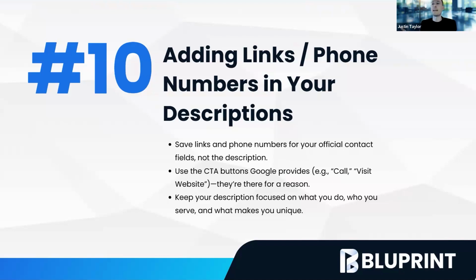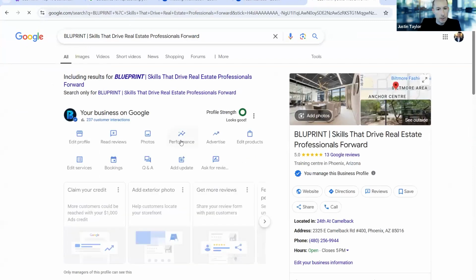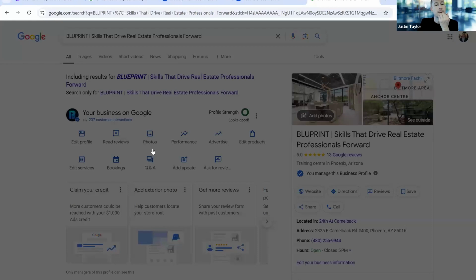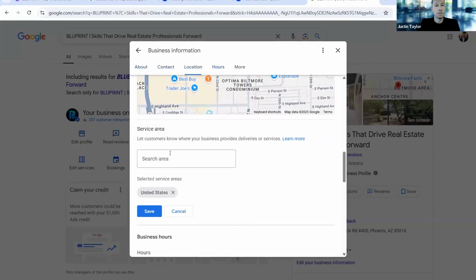And then making sure that San Diego, but not just San Diego, you can probably pull up other areas that are in San Diego. And I know we're getting towards the end here, but visuals are good. I'm very visual, so I want to make sure I show you guys these. So if I go down to location, those service areas, and what's a community that's within San Diego? I'm trying to remember.